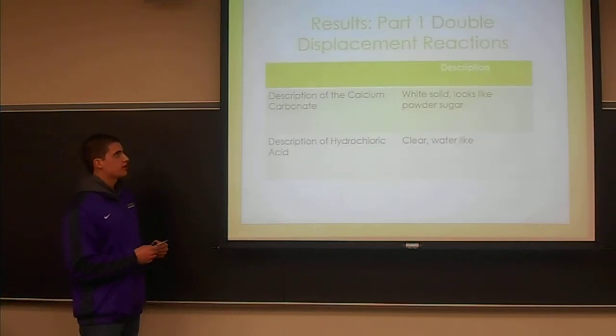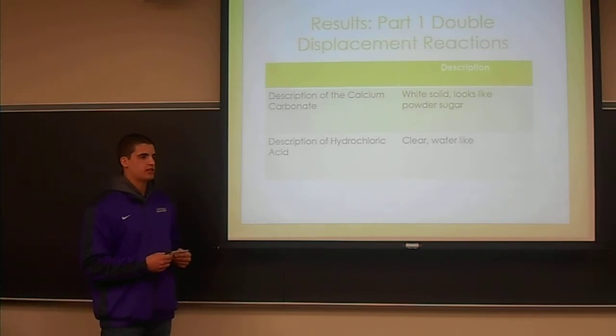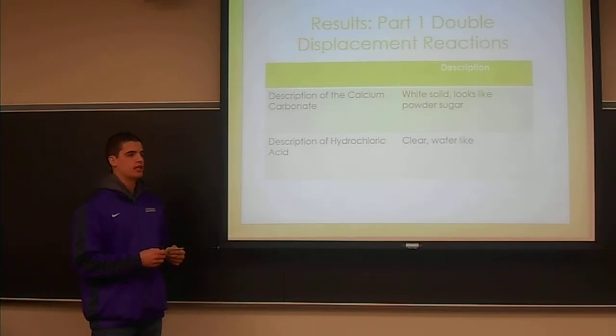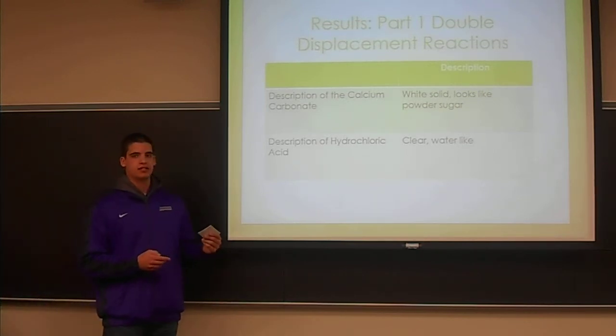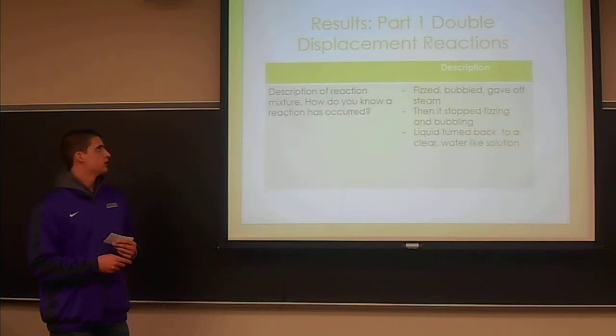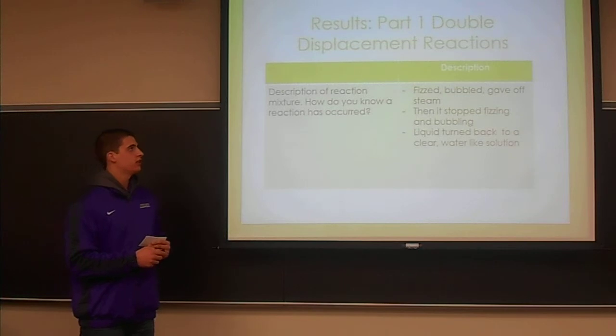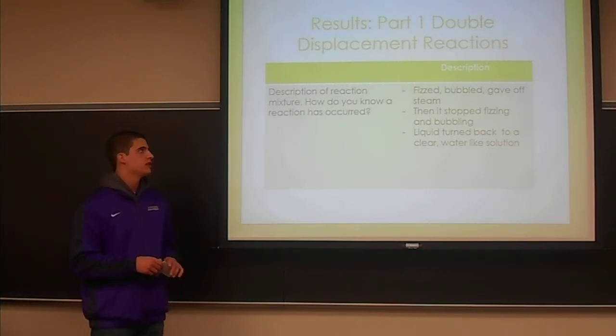But the description of calcium carbonate when it was put in the test tube before the HCl was added to it: it was a white solid, it was powdery, and it looks exactly like powdered sugar. Hydrochloric acid is clear and very water-like. So the description of the reaction mixture, when the HCl was added to the calcium carbonate in the test tube,